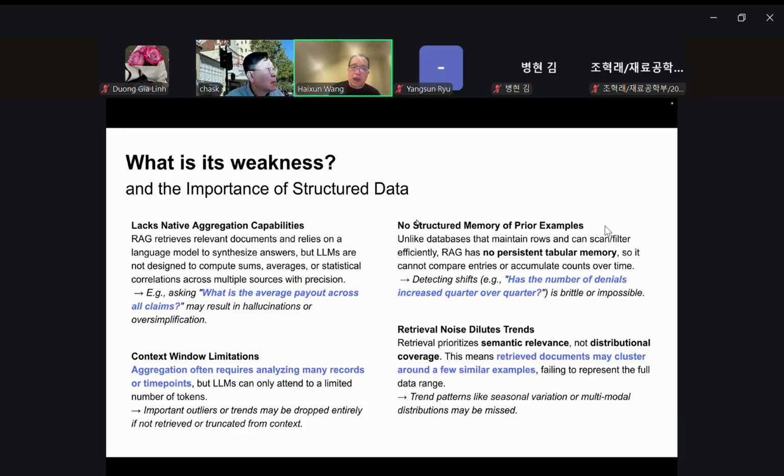But what are the weaknesses of this approach? What are the weaknesses of this RAG-based approach, right? For most RAG approaches, the biggest weakness compared with a database is that it cannot answer aggregate questions. So for example, what is the average payout across all claims?